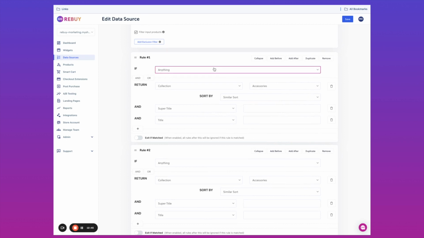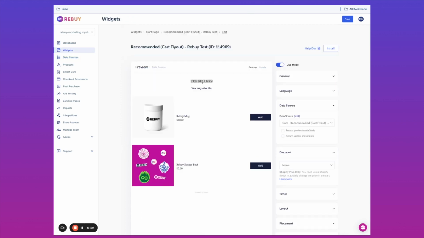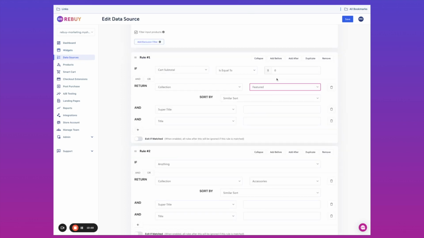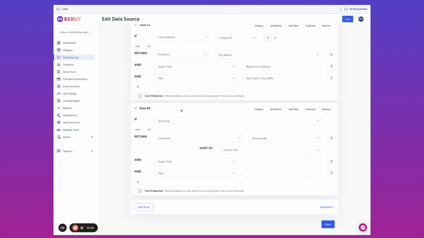So what I'm going to do is give an input. I'm going to create 2 rules. If the cart subtotal is equal to 0, I want to show my collection of featured. And instead of the default widget language of top sellers and you may also like, I can override this and say, welcome to Rebuy. Start with, I'm actually going to change this to an endpoint of my top sellers. A top seller. And then if anything else, we are going to return